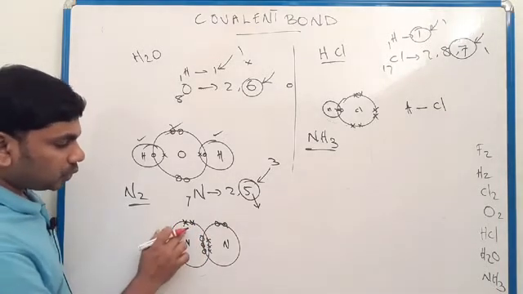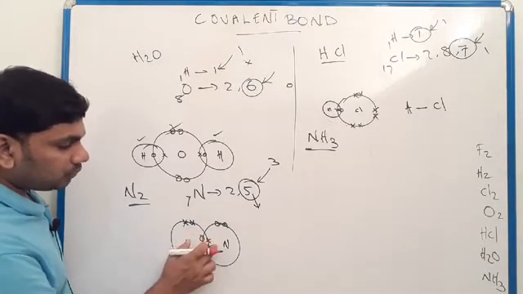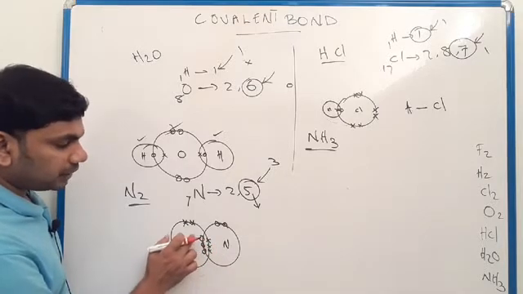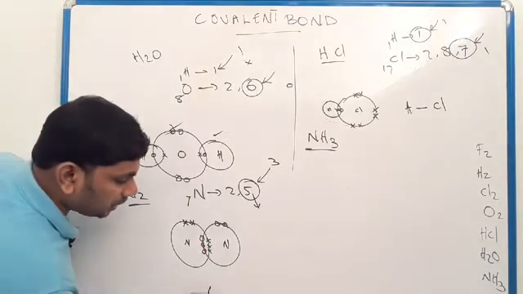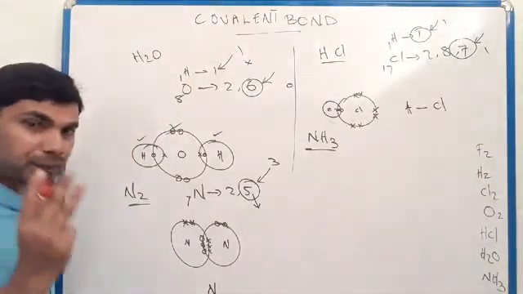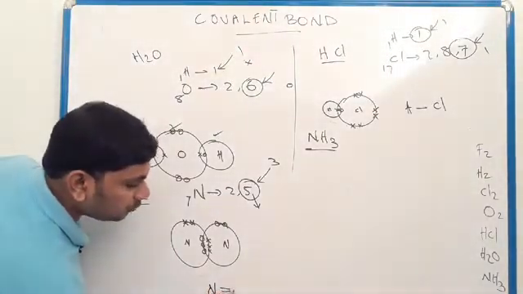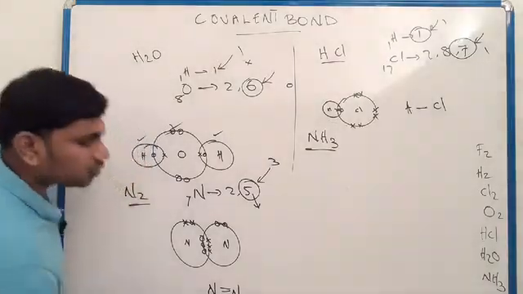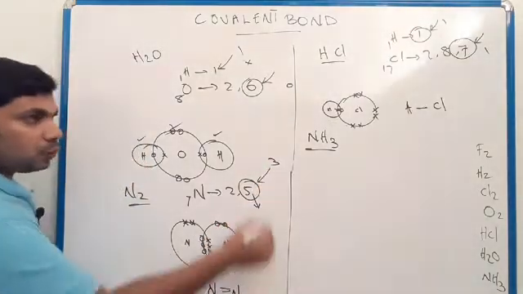Okay, now here also 1, 2, 3, 4, 5, 6, 7, 8. Each nitrogen atom shares 3 pairs of electrons, so it will be a nitrogen triple bond. Now we can do